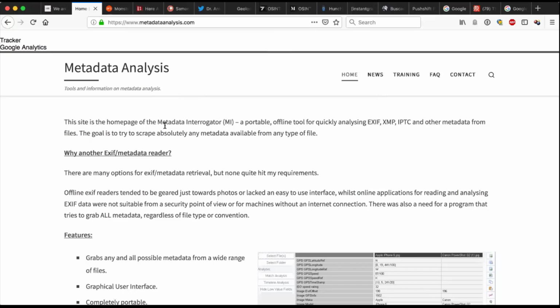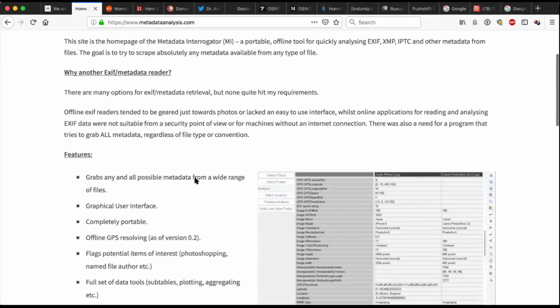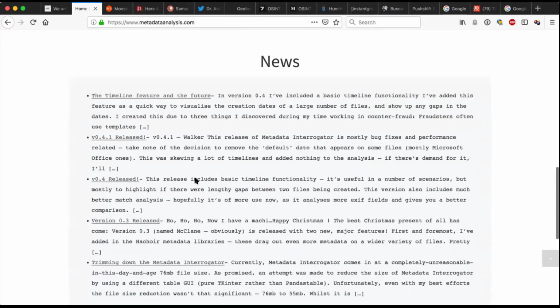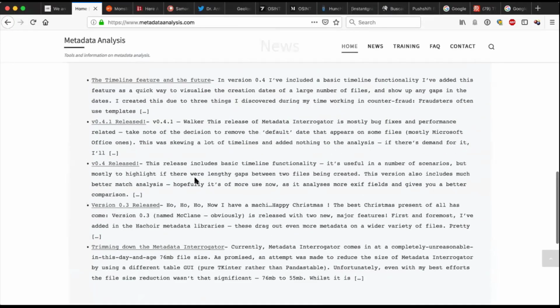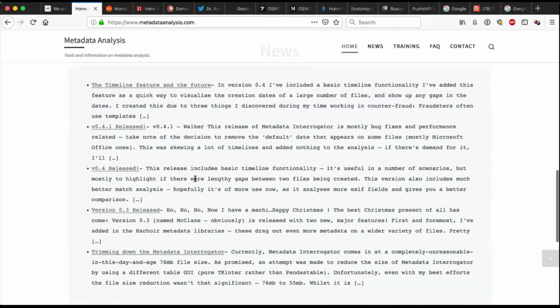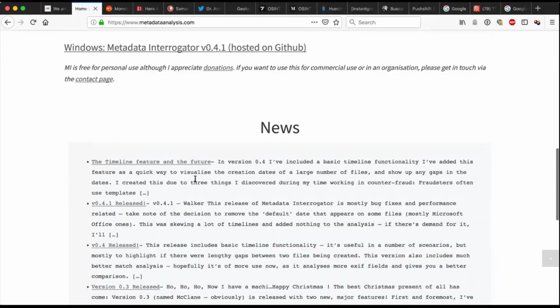I agree. I kind of want to compare it against FOCA and see what it does and what it doesn't, knowing that FOCA is not being developed anymore on a GUI, grab-and-go basis. How does it measure up against the legacy FOCA? So you can just give it to anybody, and then also, I just want to run through it and see what we've got there. And you can see that actually, and this is again at metadataanalysis.com, and that'll be in our show notes. But if we scroll down this page, down here to the bottom, he's addressing the new timelines that he's going to add, different versions, that sort of thing. So I'm kind of excited to try it.